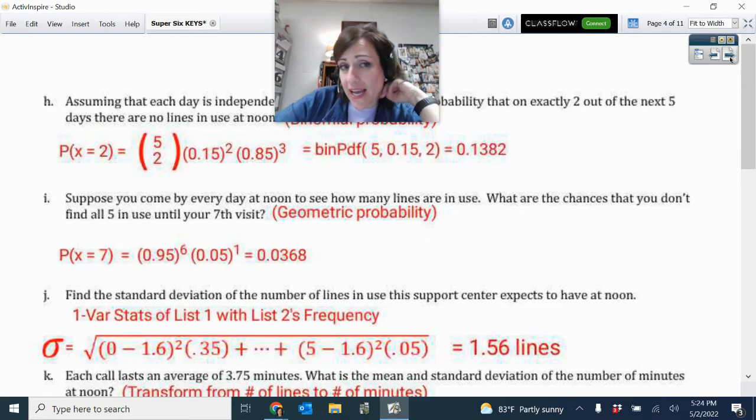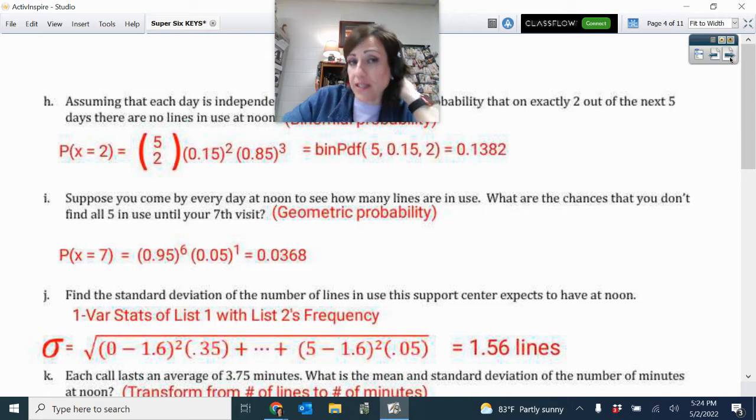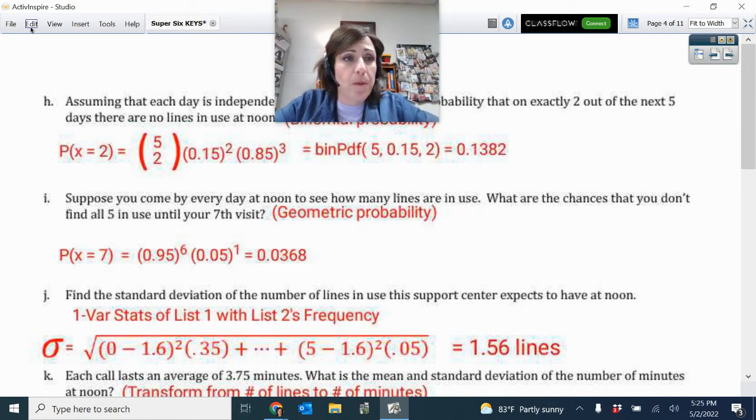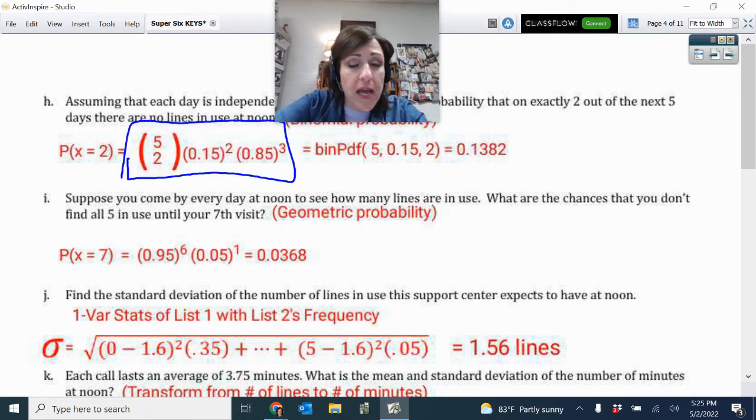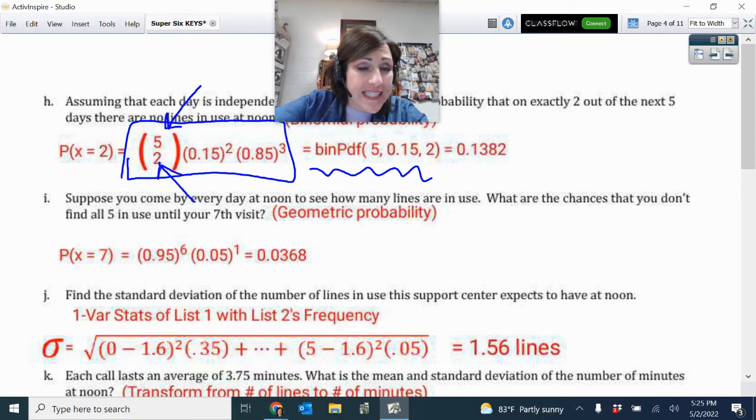All right, now we have some binomial or geometric stuff going on. So here we go. Exactly 2 out of the next 5 days. You must show this formula here. What you go and put into the calculator doesn't matter. You don't have to write that down. So this is out of 5 days, I want 2 successes. And this is the probability of having, they wanted no lines,